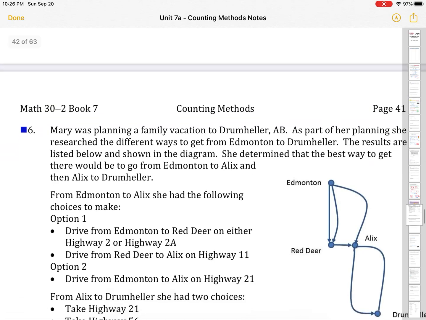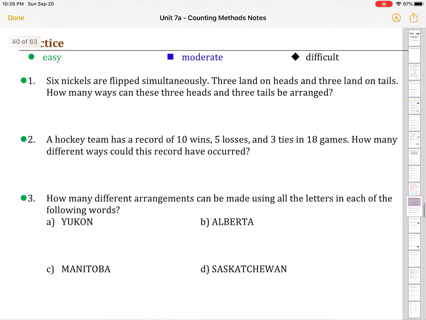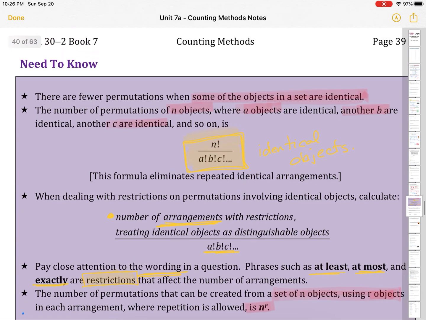So now you have some practice. Hopefully this was fun. I enjoy it. I like these kinds